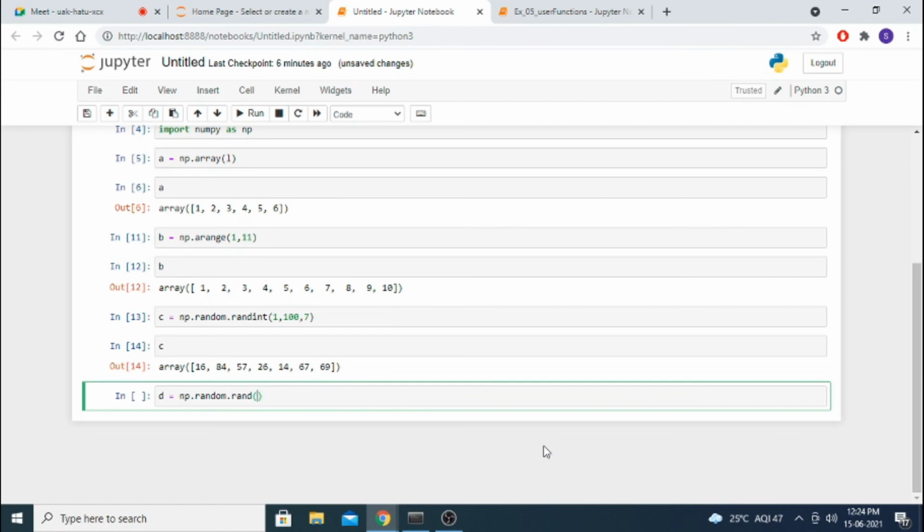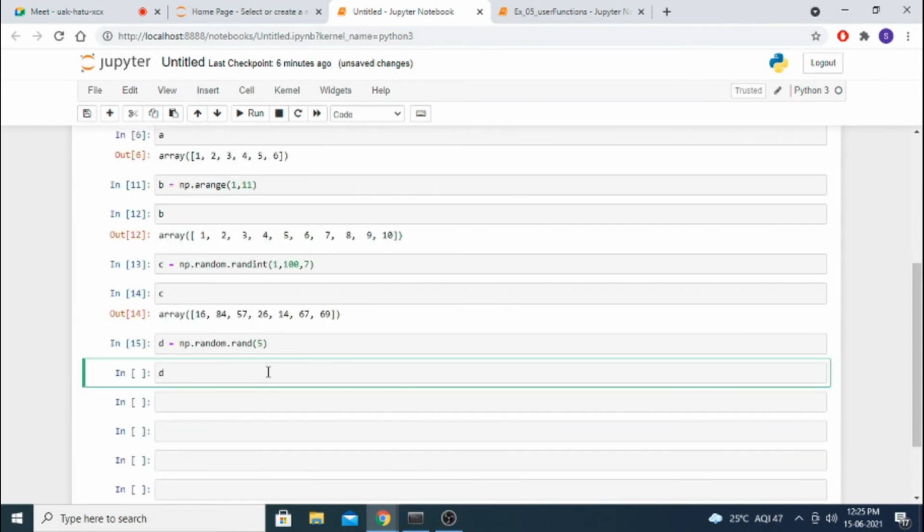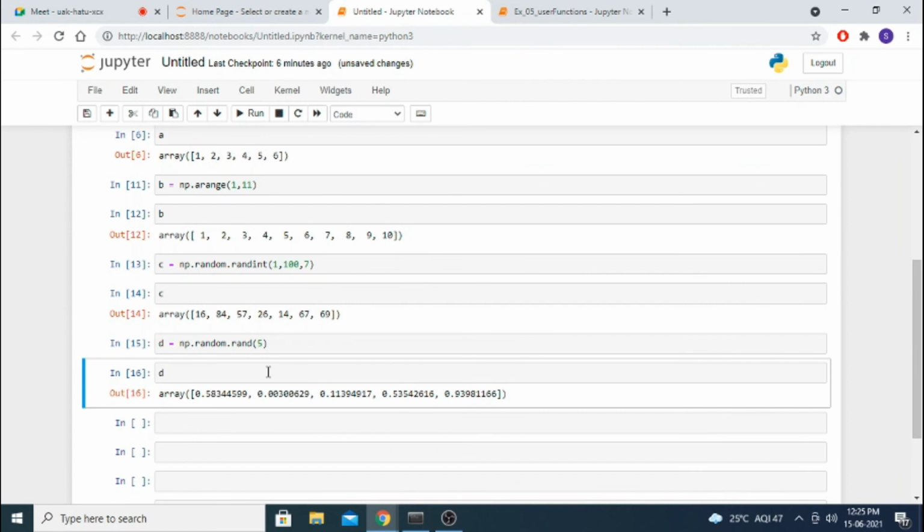How many elements do you want? I want 5 elements. You can give that, so that 5 elements will come. It is for mathematical calculation. If you are using machine learning, sometimes we need this function also. We have to use it.